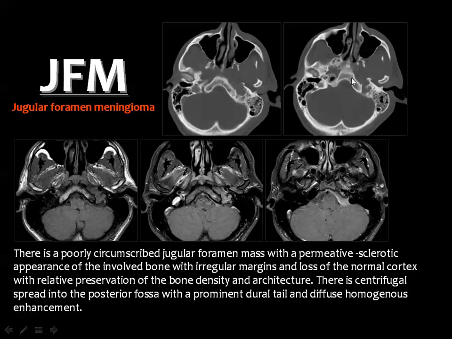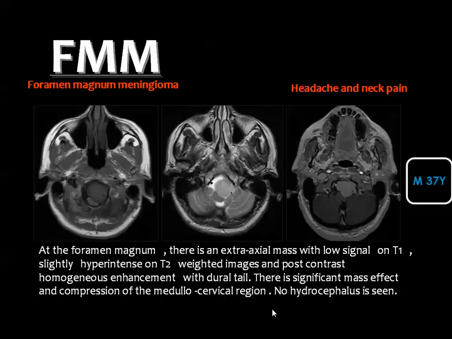And you see that the jugular fossa is not that well destroyed. Foramen magnum meningioma, a well-defined intermediate signal mass compressing the craniocervical junction, intermediate signal in the T2, and